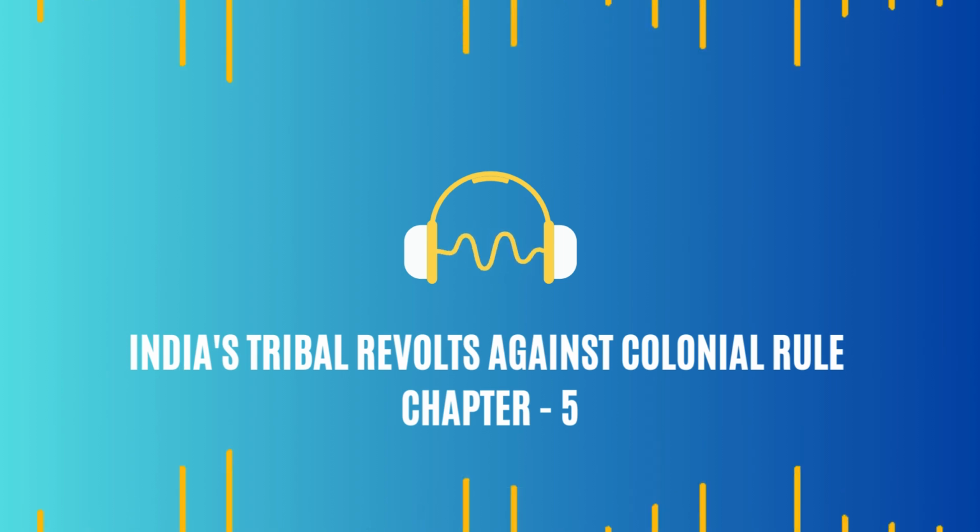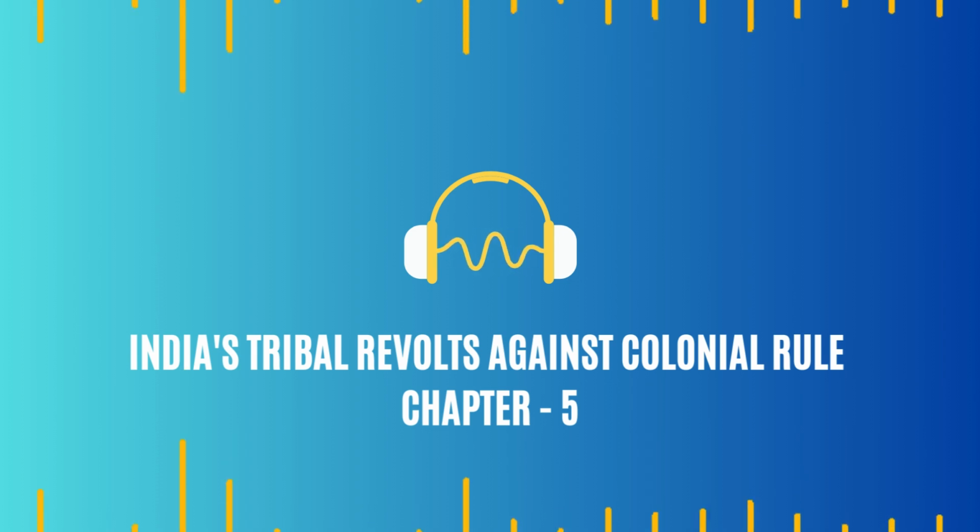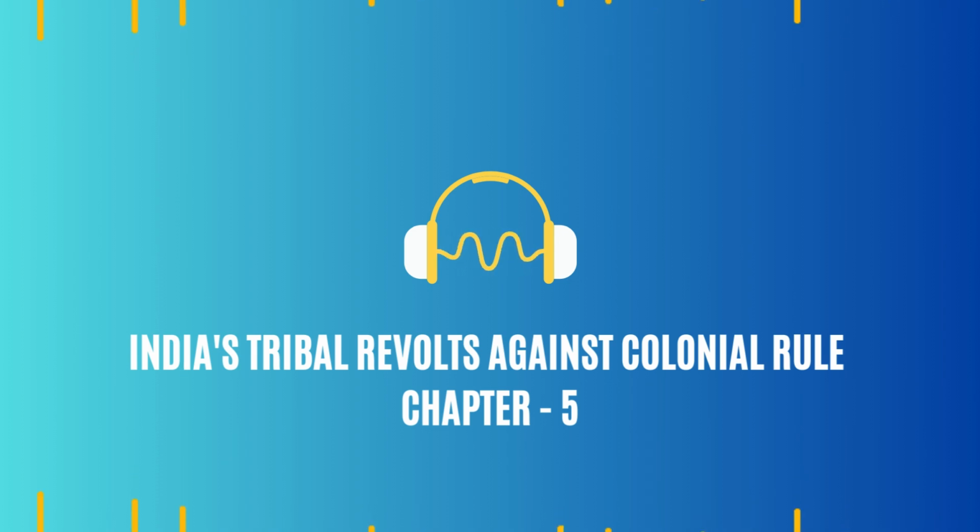Let's head to the region between Chotanagpur and the plains of Bengal, where the Chuar uprising took place. This rebellion, which raged from 1767 to 1802, shows us just how brilliant tribal warfare could be. This one was led by the legendary Durzan Singh, right? What was the main issue that sparked this uprising?